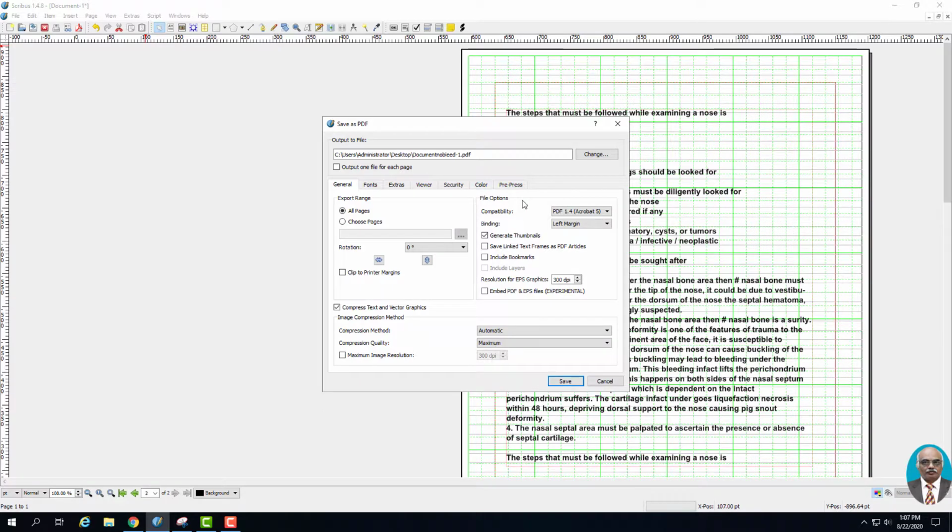Then there is the file options. Here the user can set the compatibility. Suppose you say PDF 1.4, this document when exported to PDF will be compatible from Adobe Acrobat Reader 5 upwards. So that is the meaning of 1.4. Then supposing your file uses features like transparency, if you have laid out a transparency layer, and if you have used 128-bit encryption, the minimum PDF compatibility should be 1.4.